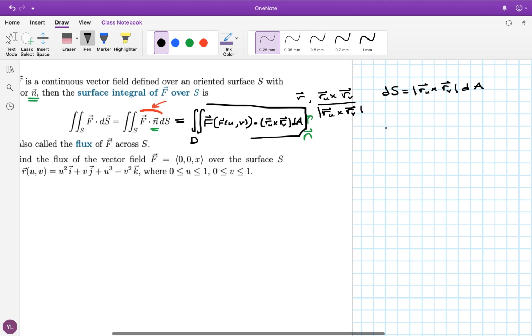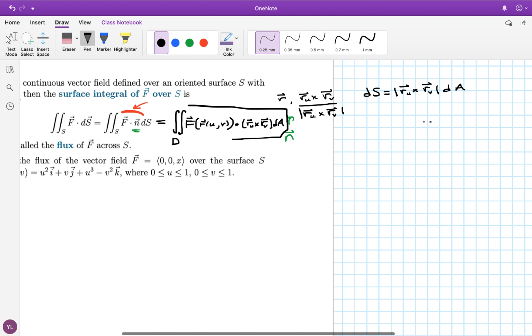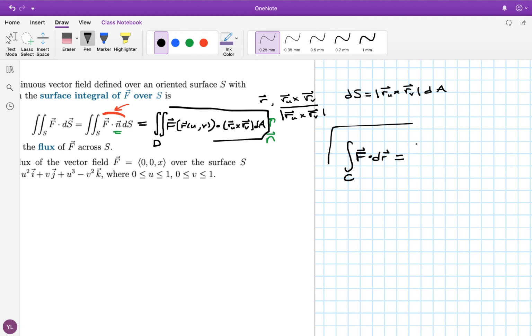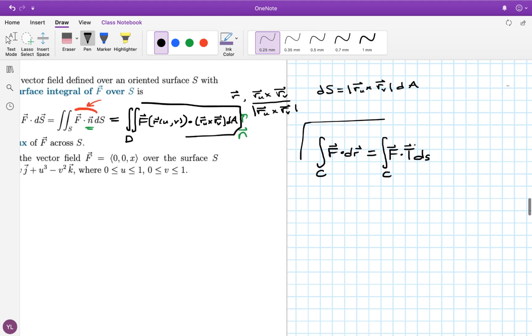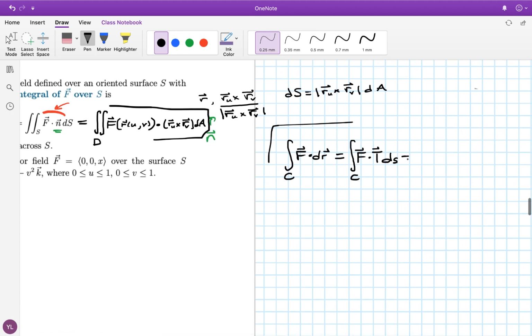And this is actually very familiar because when we were talking about circulation in previous sections, we had developed this line integral of a vector field across a curve, and the circulation or work done was the amount of F that was running in the direction of the tangent vector across the curve. But we never really computed the tangent vector, right? Instead, we would just come up with a parameterization of the curve